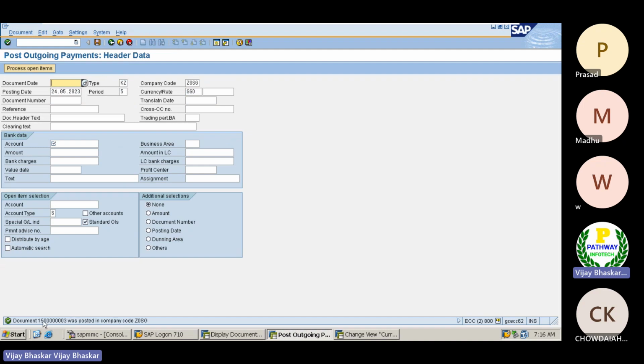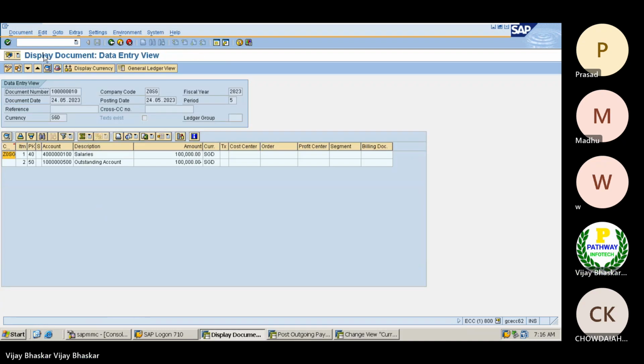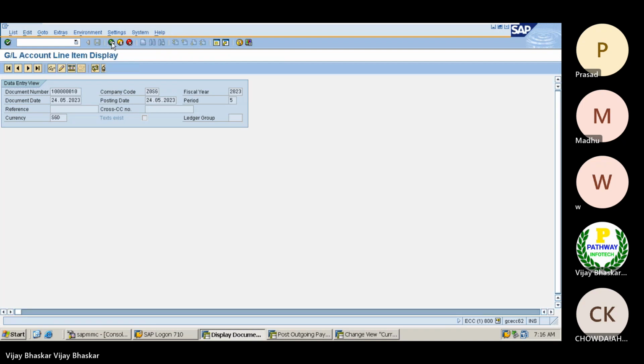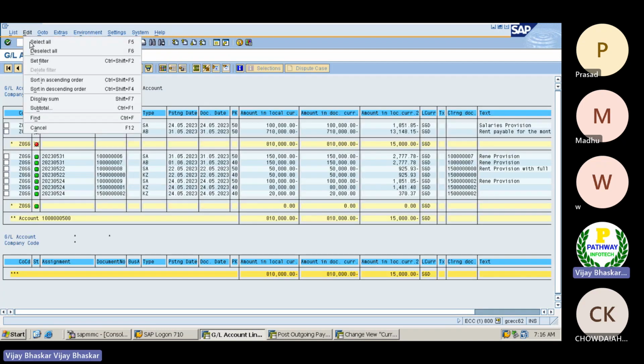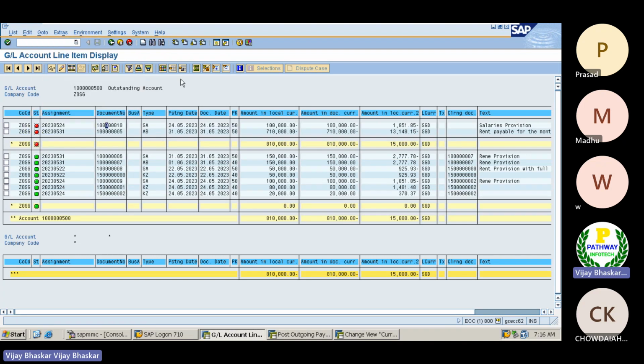Now the document has been posted, document 15003. I'm coming back. Now let me refresh here. What will happen? Refresh. Just remember, 1 lakh is our invoice amount.